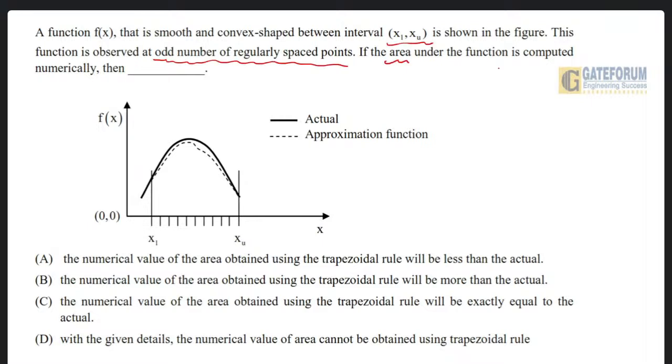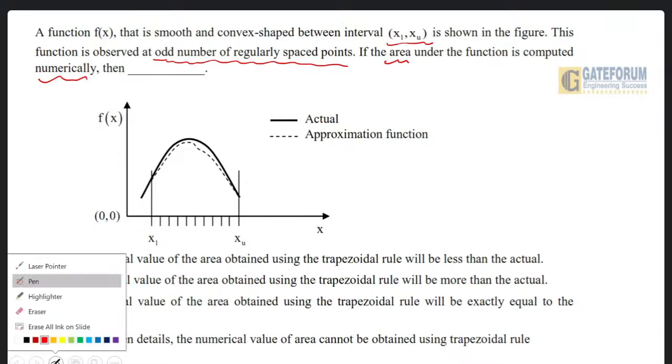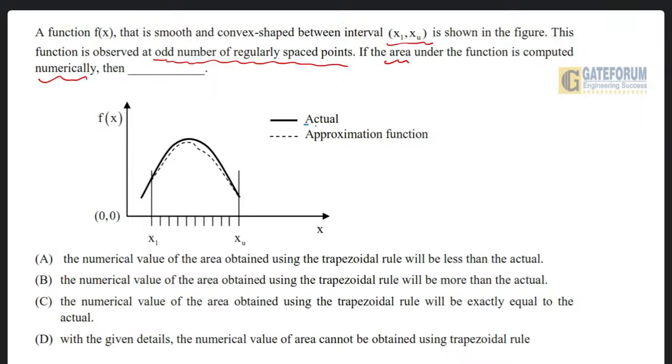If the area under the function is computed numerically, graph is given, actual and approximation. Four statements or options are given. This question is from engineering mathematics, from the topic numerical methods, subtopic area with the help of calculus and numerical integration. And the solution is,